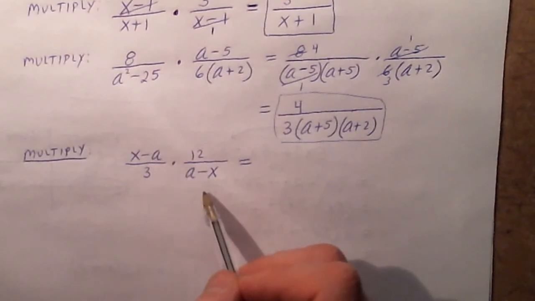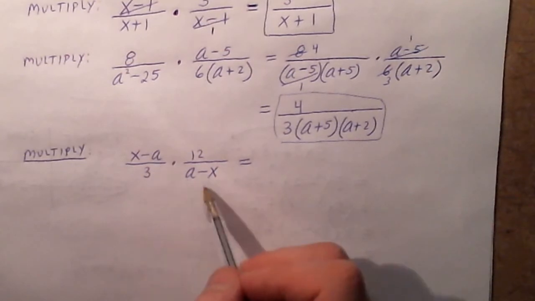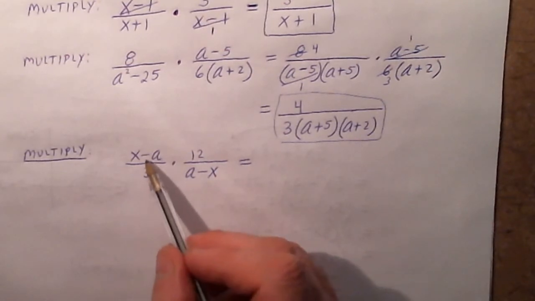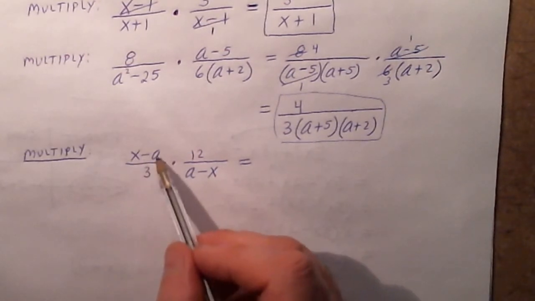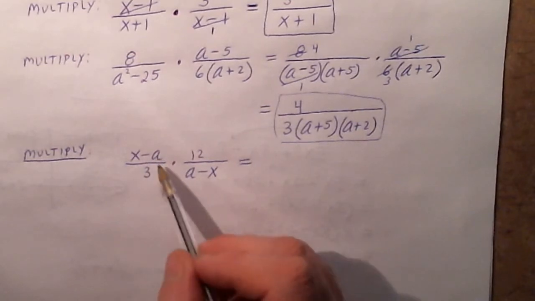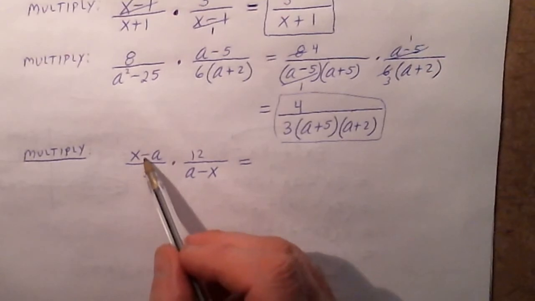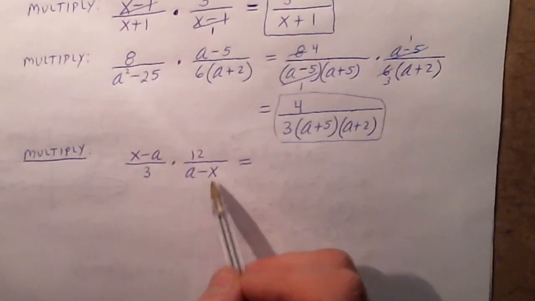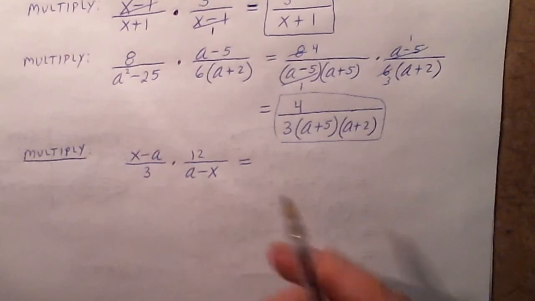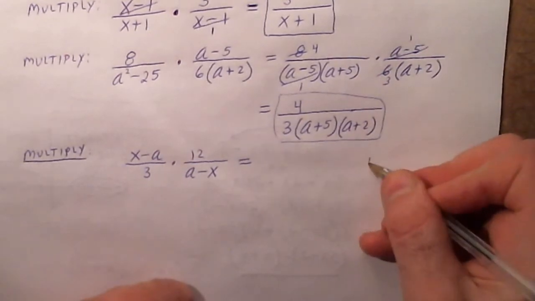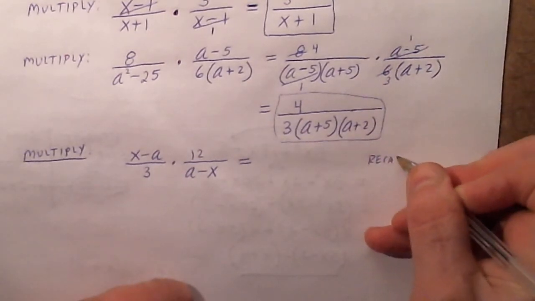They look the same, but they're not exactly the same as is. Notice both these binomials have an x and an a, but the negative sign is in a different place between these two binomials. Here the minus sign is in front of the a, and here it's in front of the x. Ladies and gentlemen, remember I indicated in the past that you can always factor a 1 or a negative 1